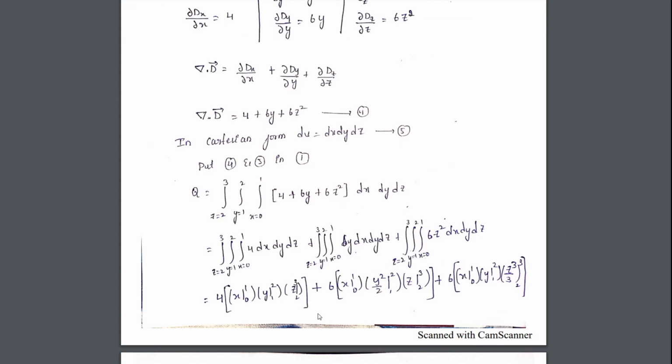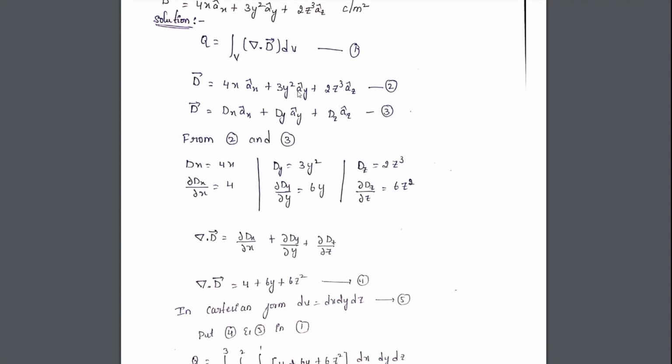So what is the statement here? You need to calculate the charge that is enclosed by a cube in which x, y and z are defined, and having a flux density D equal to so on. So there is a relation between flux density and Q. Q is the integral of rho V into dV, but rho V is del dot D. So you'll arrive at the first equation. What do you need to calculate in the first equation? The divergence of D, that is del dot D, and you need to express dV. Then you multiply both and integrate thrice. So how to find divergence here?